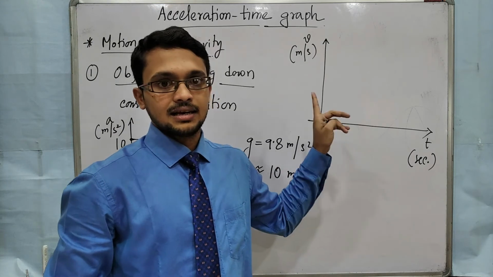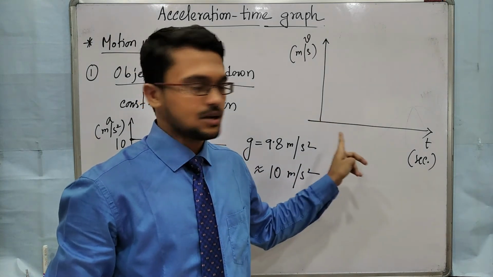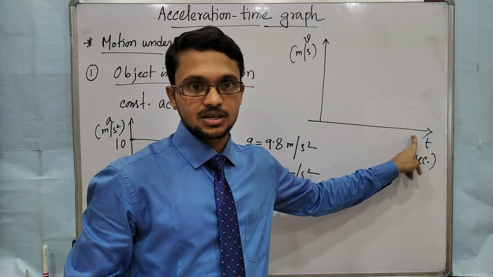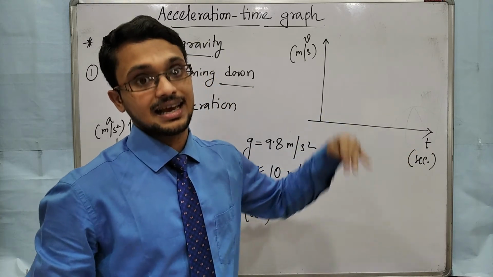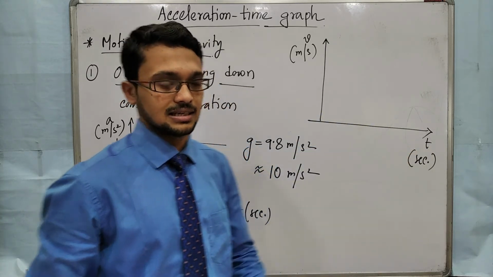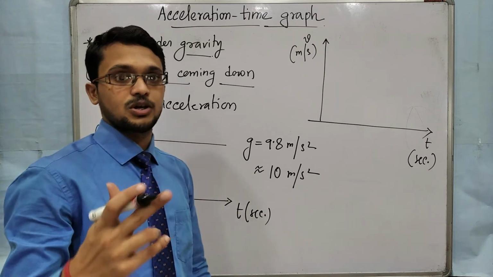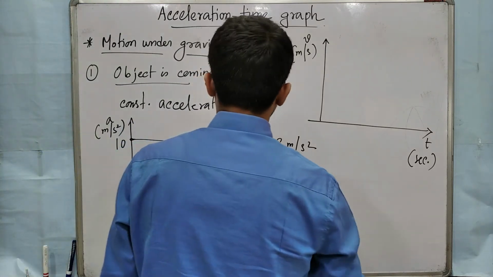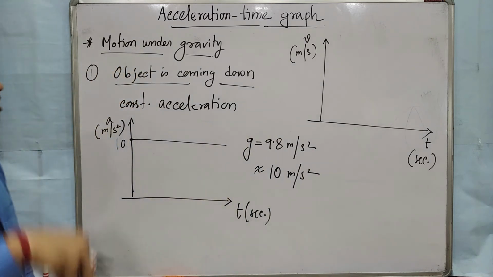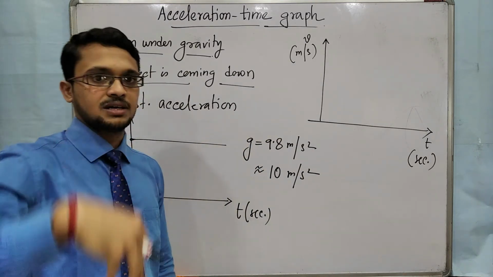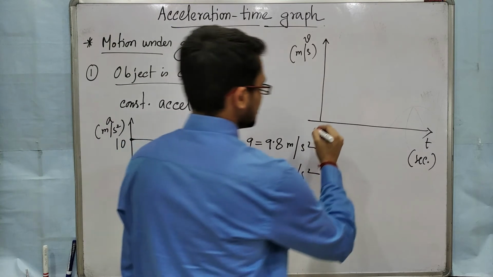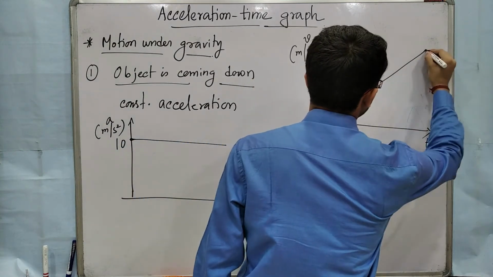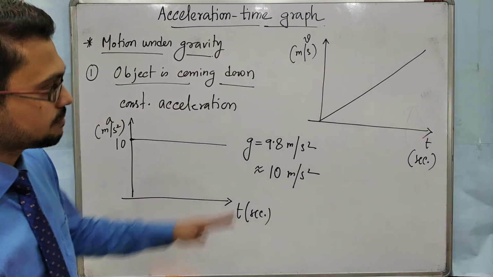And that straight line will make an acute angle with positive time axis, because here velocity is increasing, accelerated motion. Okay, so that means slope will be positive. Positive slope means positive acceleration. So it is dropped. Okay, object is coming down. If it is dropped, then initial velocity is 0. So the curve will be like this, straight line passing through origin.